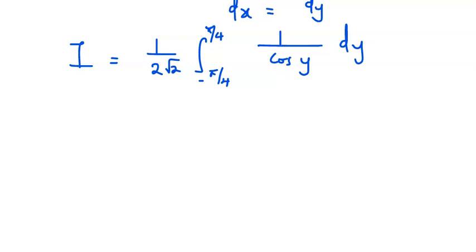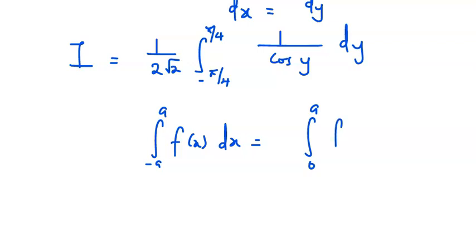So we take note of the following: the integral from negative a to positive a of f of x dx is equal to twice the integral from 0 to a of f of x dx. So this holds if f of x is even. It must be an even function, and we know the cosine of y is an even function, so it will be twice,